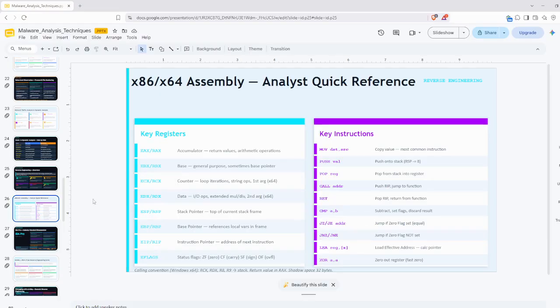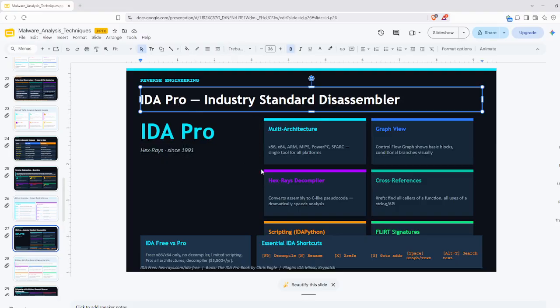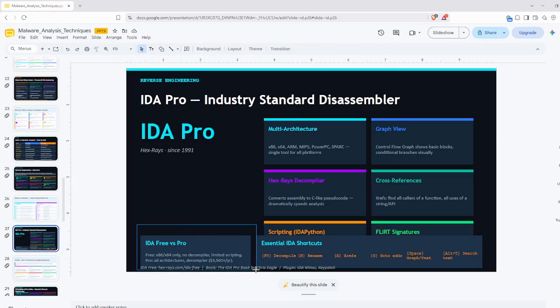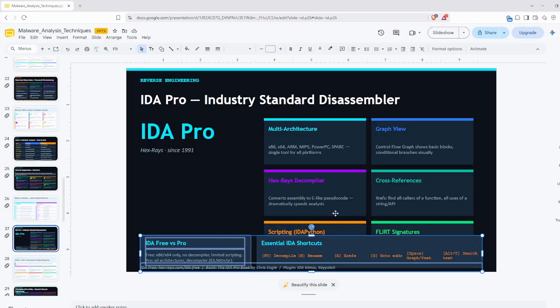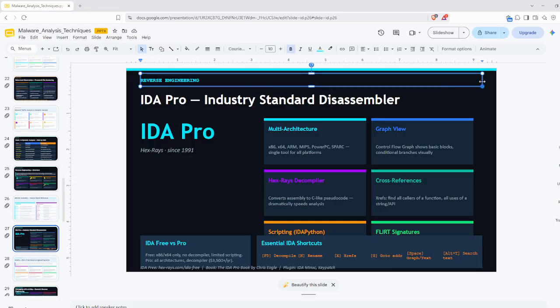So what we will do, we will see it with IDA Pro, and you have a hex editor. There are a lot of tools to do this with the help of other things. Let me do this reverse engineering part.